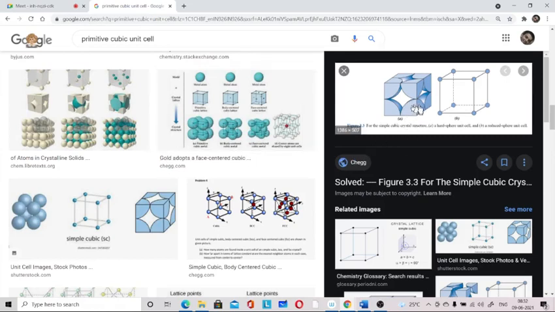This is the arrangement. That is 1 by 8, 1 by 8, 1 by 8, 1 by 8, 1 by 8, 1 by 8, and another one that you can't see here. So there are total 8. Okay. So each is contributing 1 by 8. So 1 by 8 into 8. So that is 1. But now 1 is missing. Suppose at this corner it's going up. It's missing.